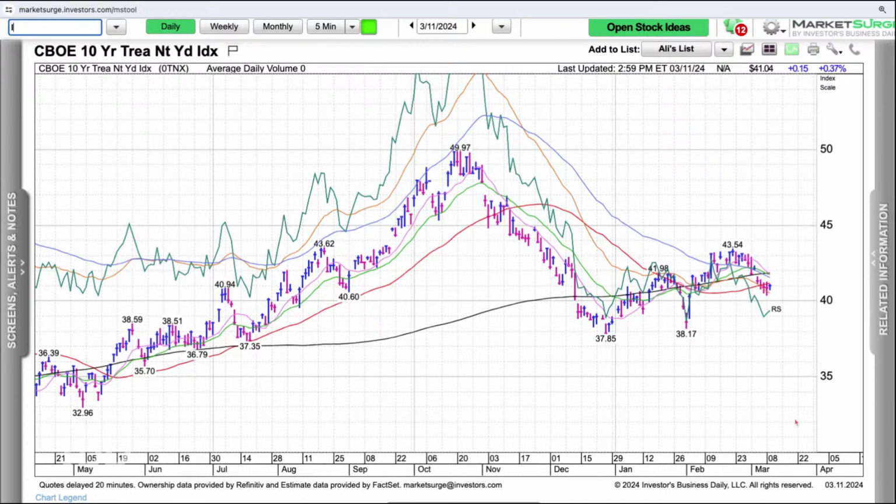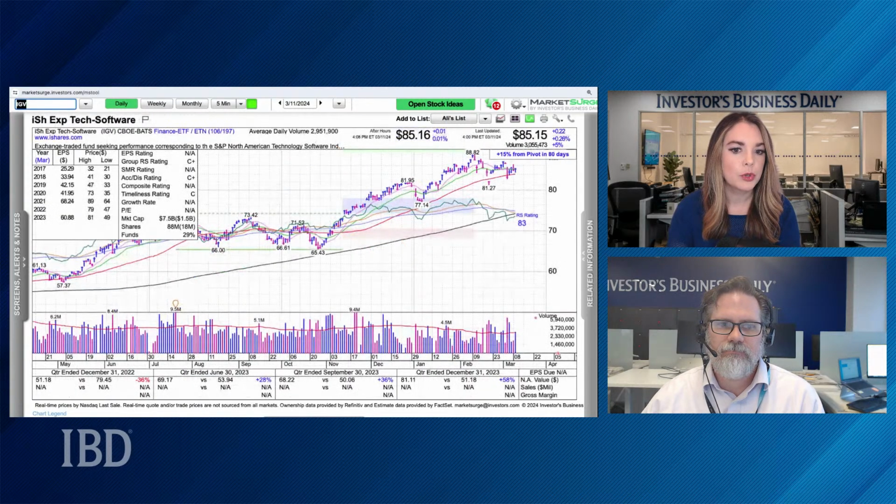Okay, let's take a look at a few of the notable groups today. Here's IGV. This is the software sector ETF, up about 0.25% in upside reversal. And we're right at a key level, Justin. Well, and when you consider how bad it looked just last week, there were a few days that were really coming